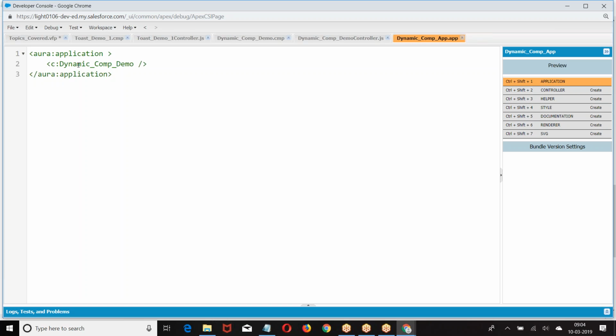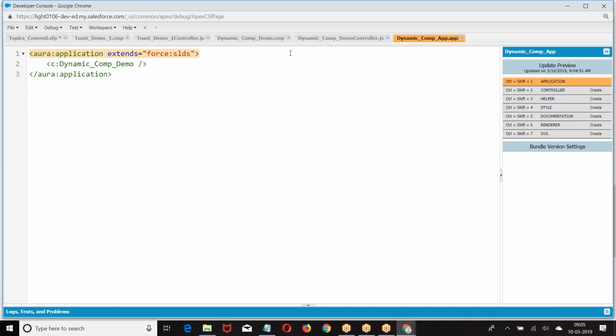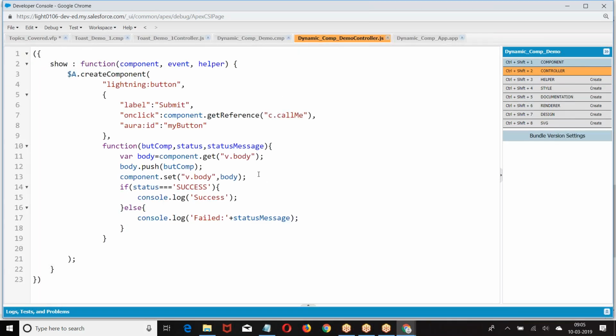This is what I create. Go to the preview. So we go to the submit. So when you click on the submit, we made a function called call. So I have to give